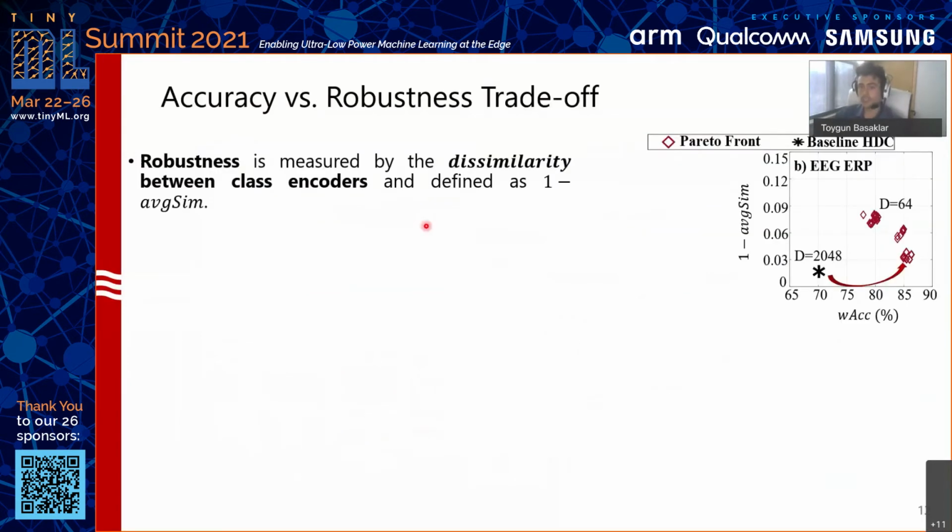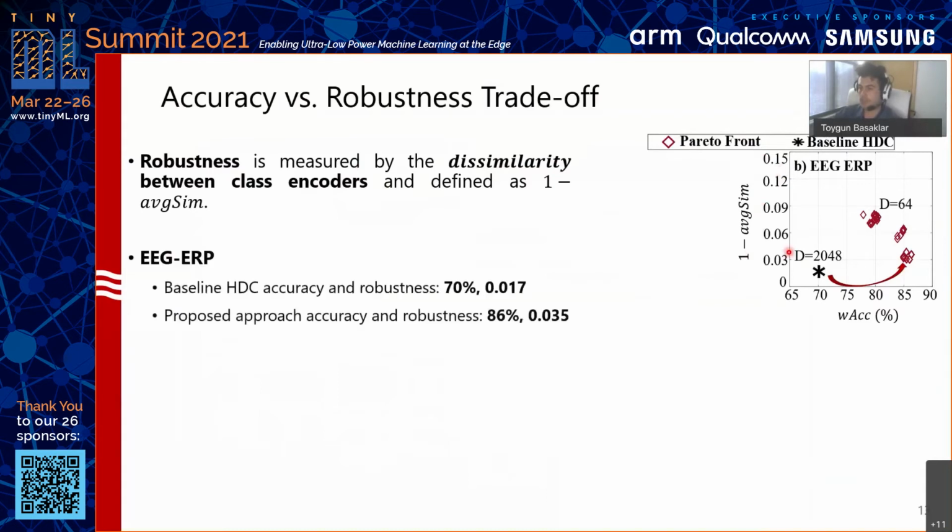So robustness in our work is measured by the similarity between class encoders and defined as 1 minus average similarity, as I discussed before. So here, this figure shows the Pareto front solutions in terms of accuracy and this similarity metric. For example, the accuracy and the robustness for this EEG-RP dataset using 2,000 dimensions is 70% and 0.017, and the proposed approach improves the accuracy to 86% and also the robustness to 0.035,